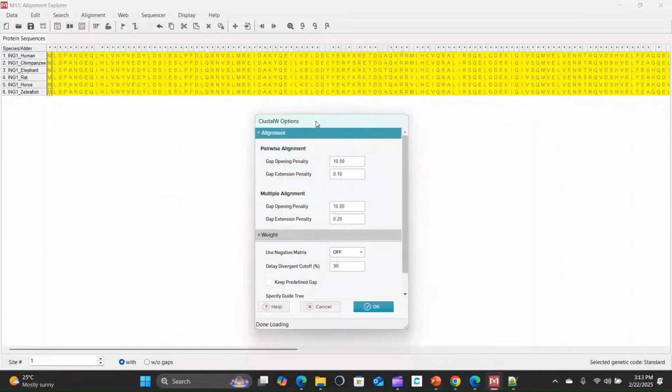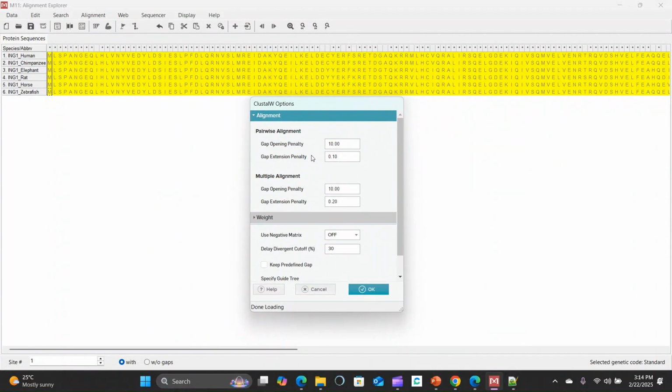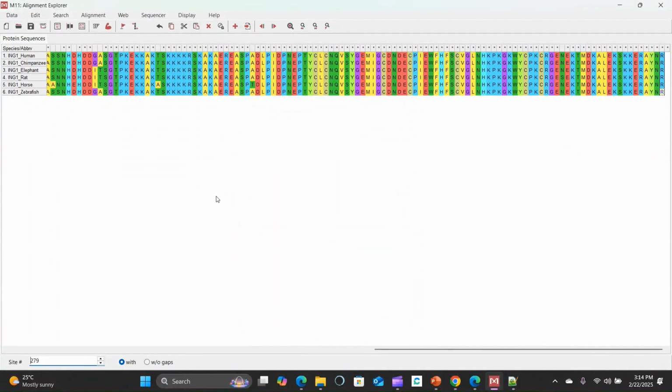So it will select and then it will ask you about the parameters. It's up to you which parameter you want to modify, or you can only go with the default parameters. So we can just click. It depends upon the number of sequences. If you have too many proteins, then it may take more time in alignments. Now we are done with the alignments, so we can save the